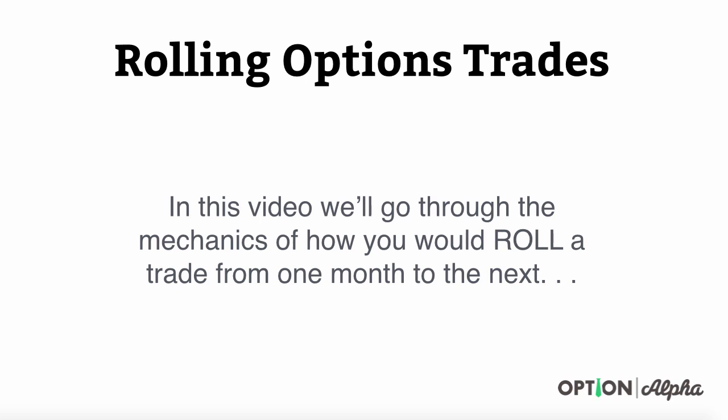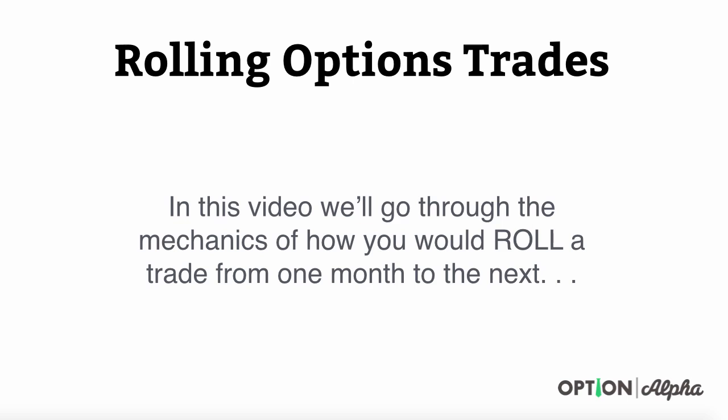Hey everyone, this is Kirk here again from OptionAlpha.com, and in this video tutorial we're going to talk about the mechanics and logistics of rolling option trades. So again, when you go through a roll, you're basically taking one contract from one month to the next contract month. So let's first look at it with an example that we have right now, which we can use from